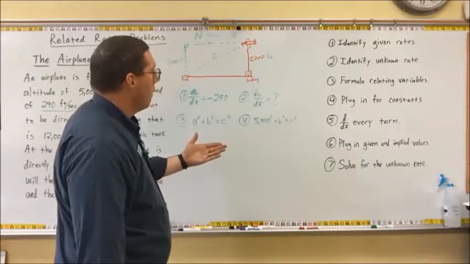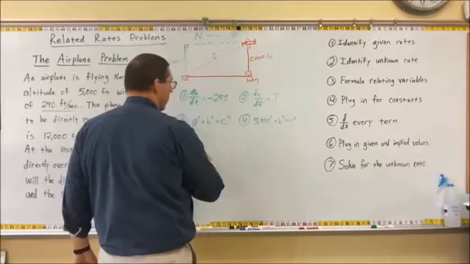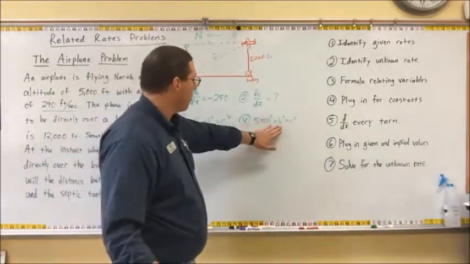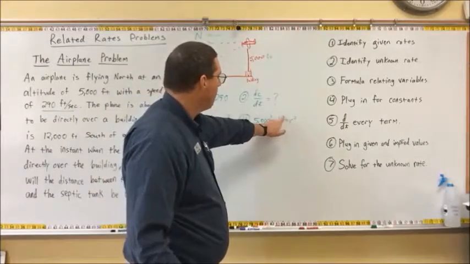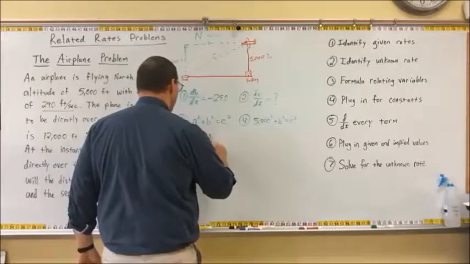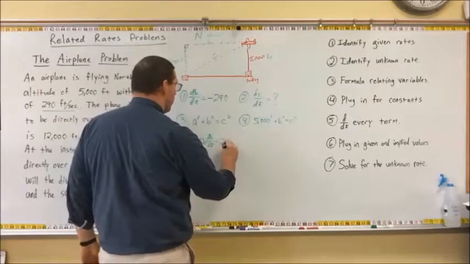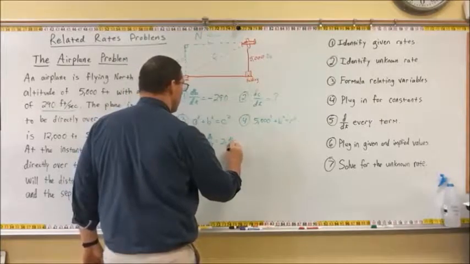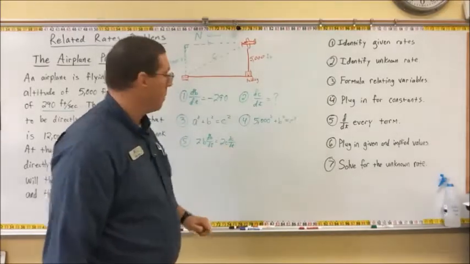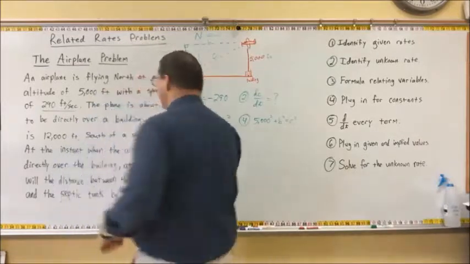And then step 5 says we're going to d/dt every term. So step 5, we want to do the derivative. Well, the derivative of 5,000 squared is 0. So that's going to cancel. And now we only want these two. The derivative of b squared is 2b db/dt is equal to the derivative of c squared is 2c dc/dt. So we have 1, 2, 3, 4 variables. They gave us db/dt, so we'll plug that in. And then the question says,